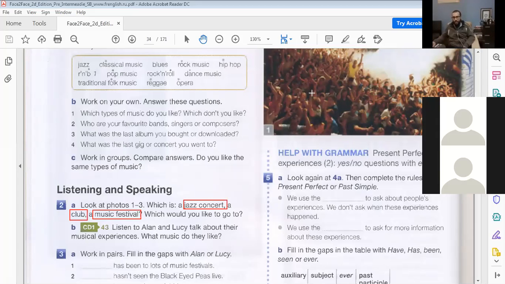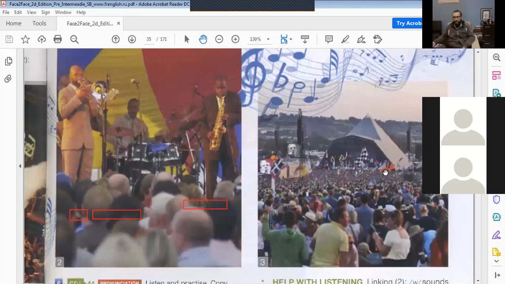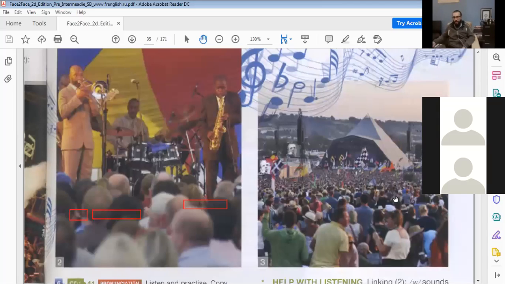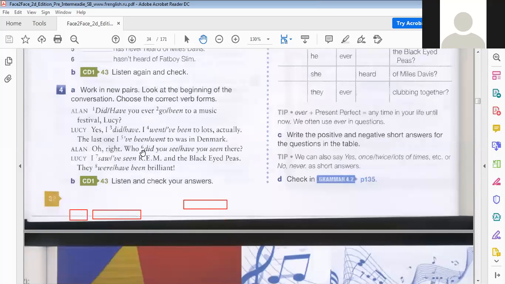According to Naha, she said the first one is a club. The second one is the jazz concert. The third one is the music festival. But Suhaib thinks maybe the opposite. Maybe number 3 is the jazz concert, and maybe number 2 is the music festival. I want to see what you think,